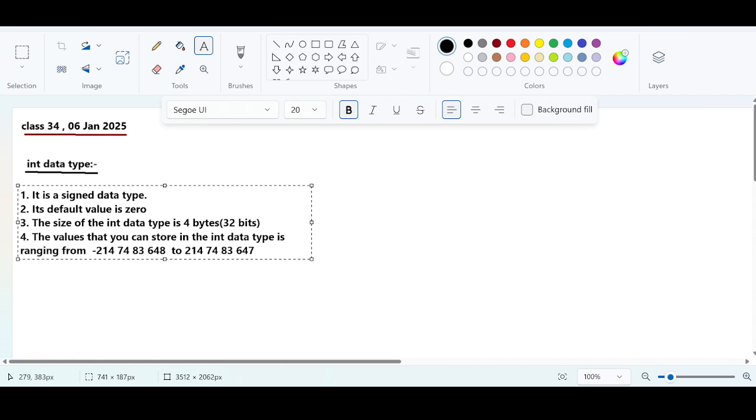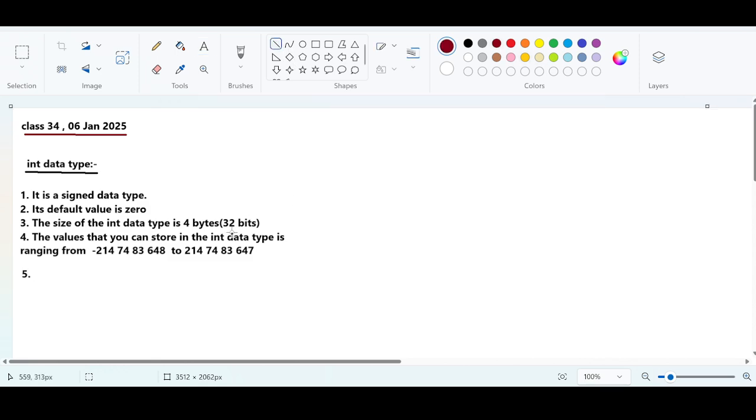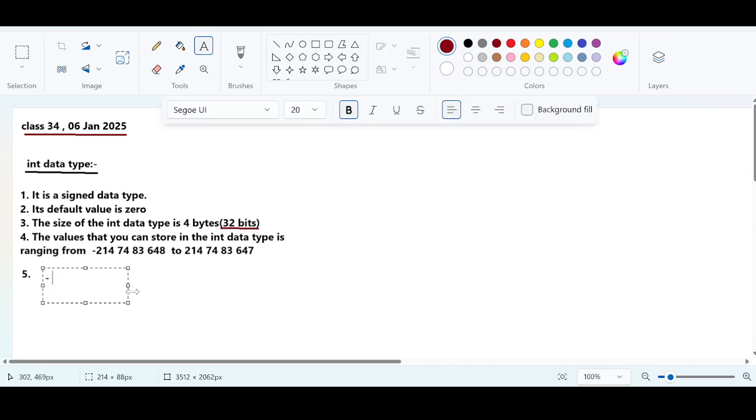This is the range of the int data type, and you can also find this range by using a formula. What is the formula that I have given? Just calculate the number of bits, n, and use it in this formula: minus 2 to the power of n minus 1, to 2 to the power of n minus 1,